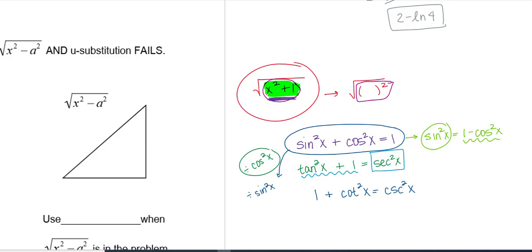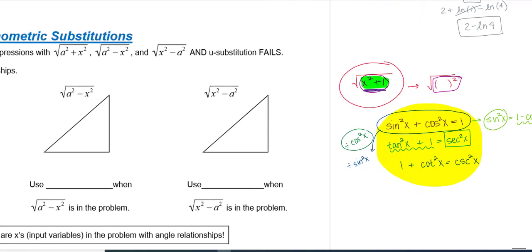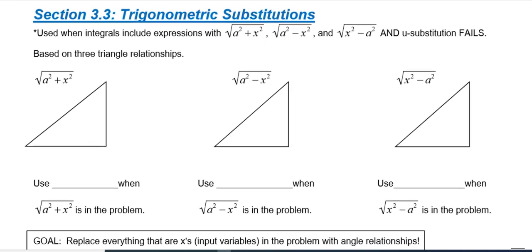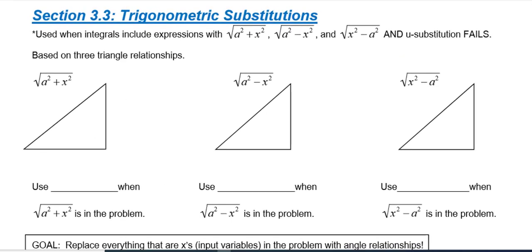Okay, so we're going to need these Pythagorean identities, so we're going to hold them near and dear to our hearts. We really only need the first two, but depending on which trig you want to use, maybe you do use the last one. So I don't necessarily need you to memorize these trig substitutions, how I'm going to write them here, but I'm going to show you the three that I'm going to use, and I'll show you why I'm going to choose these trig functions. So first of all, I'm going to stick with three trig functions here. We're going to stick with sine theta, secant theta, and tangent of theta.